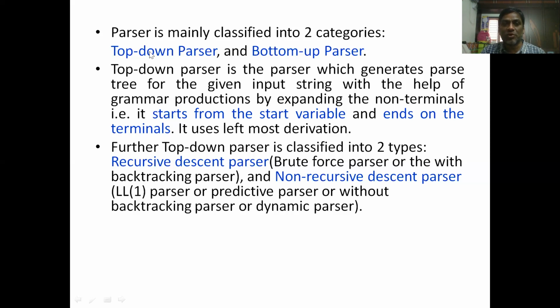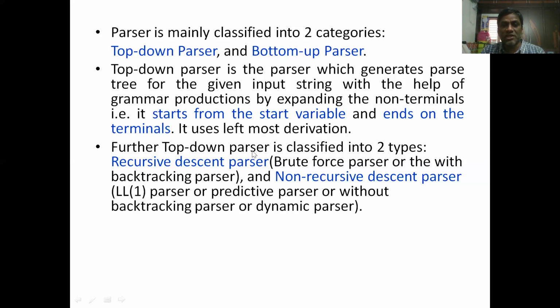So in top-down parsing, please remember this point. We'll begin with a start variable and we'll generate the final string by repeated substitutions of productions for the variables. Okay, in top-down parsing, the derivation step used is leftmost derivation. This is the technique we use for generating the corresponding string from the grammar. So this is top-down parsing.